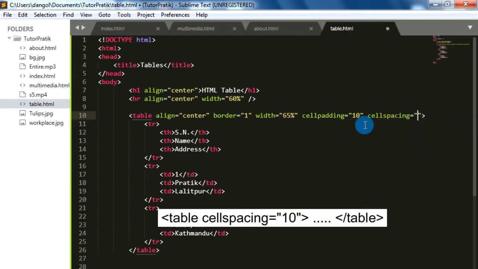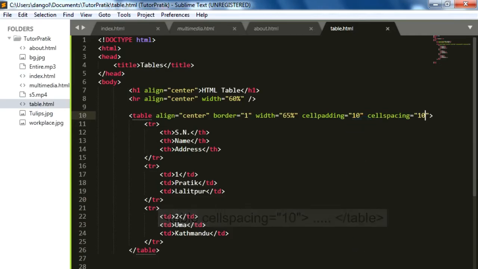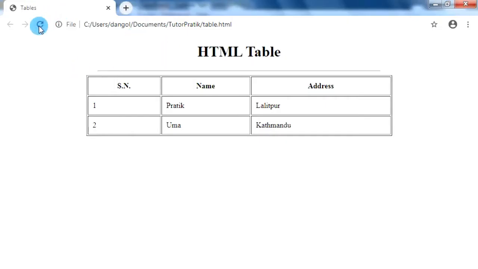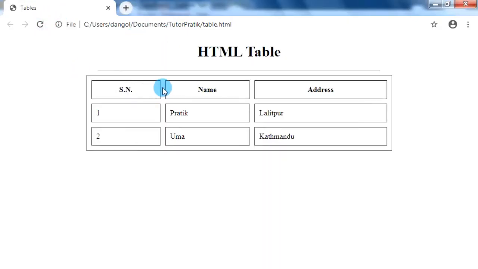And on this too, I'm just going to give 10 as a value. Now our cells will be a little bit far from one another. After this, if you want to merge the cells either in the row or in column, for example, to merge